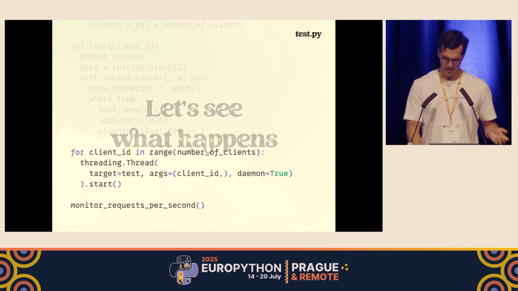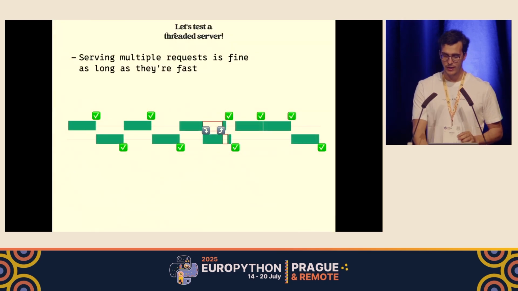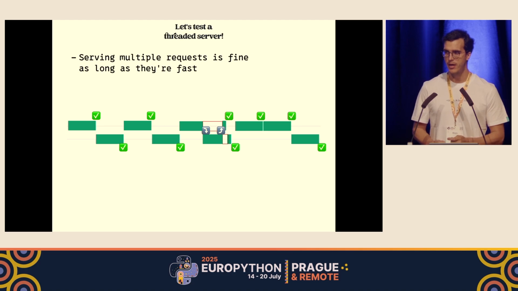So I'm going to try to explain a little bit what's going on here, okay? Like I said, multiple requests is fine because the GIL is able to switch from one to the other without having to switch in between. At least it's very likely that the switch is not going to happen in between, but rather the server is serving a whole request completely before switching to a different thread. And that's why it's fast.